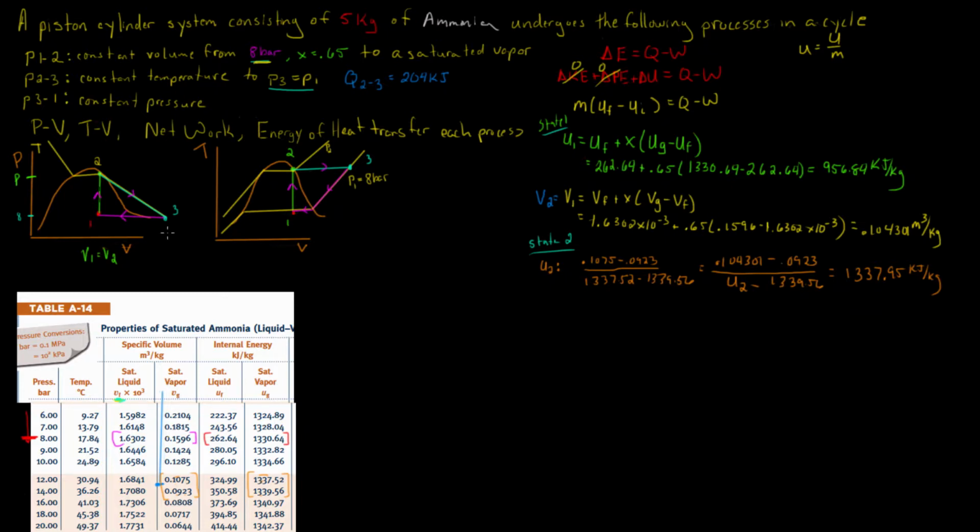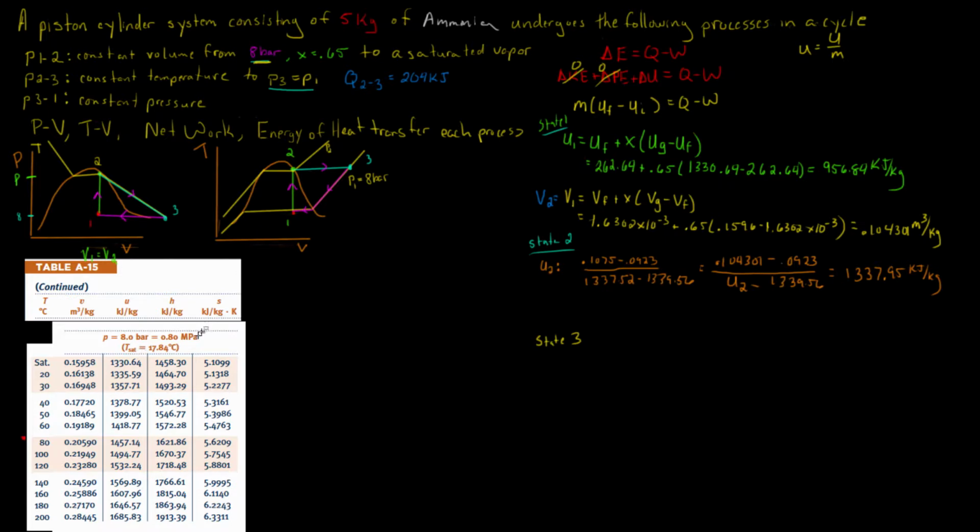Now, let's figure out state 3. So in state 3, we go to this region right here, and we've gone into this superheated region above the curve. So we're not allowed to use this table anymore. What we need to do is find our superheated table. So here's my superheated table, and I'm looking at it in terms of bar at the beginning. So I've taken the 8 bar that I'm looking for because I know P3 is equal to P1, which is equal to 8 bar. But there's another piece of information I need, and that piece of information is the temperature